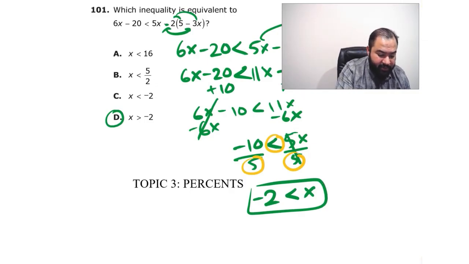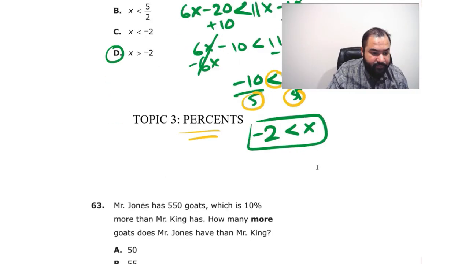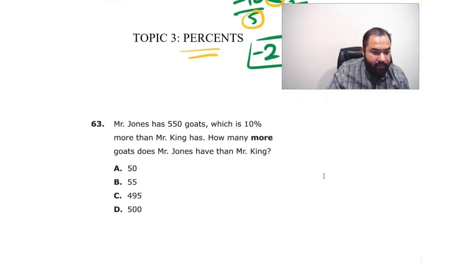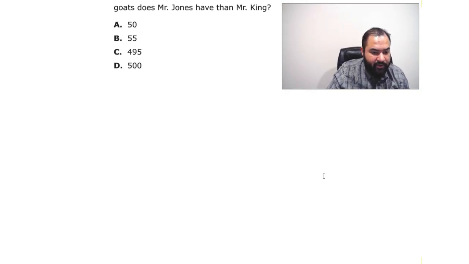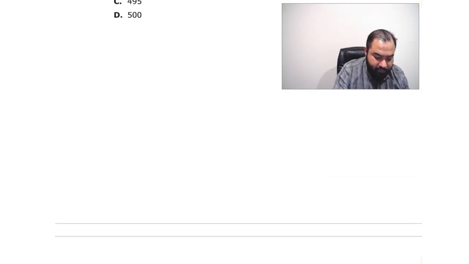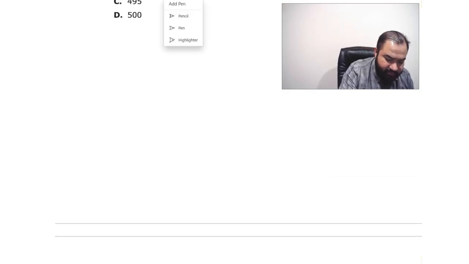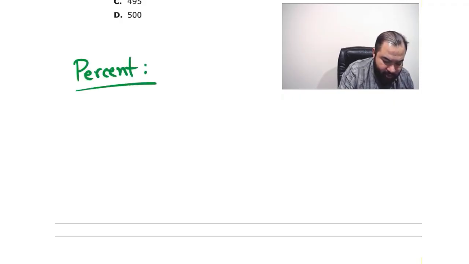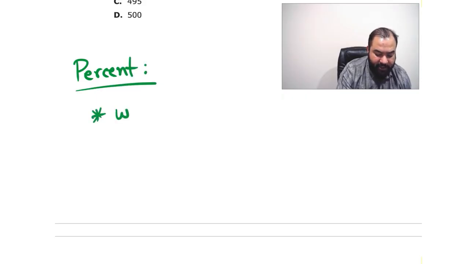Now we're going to learn some percentage. For percentage, guys, before I go to the question, I'll give you a lesson on percent. So how does this percentage work? So percent, there are three types of percentage. First type, you guys know that, let's say, what is